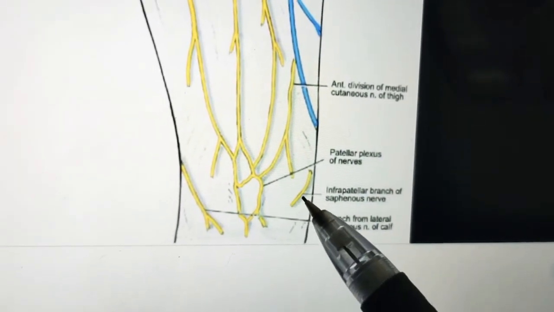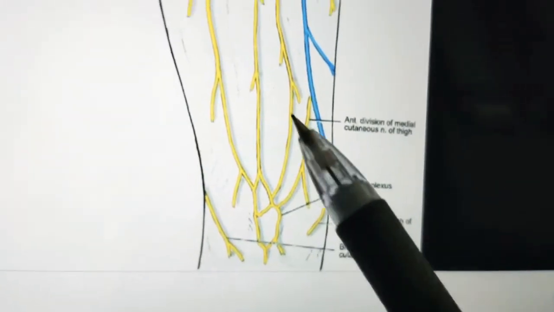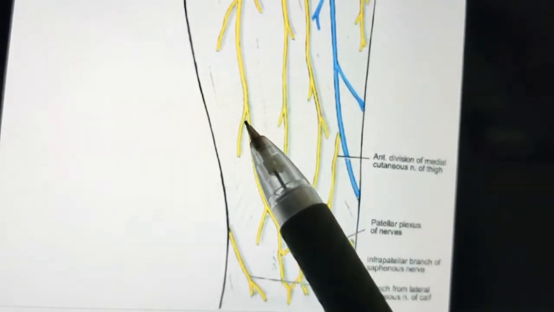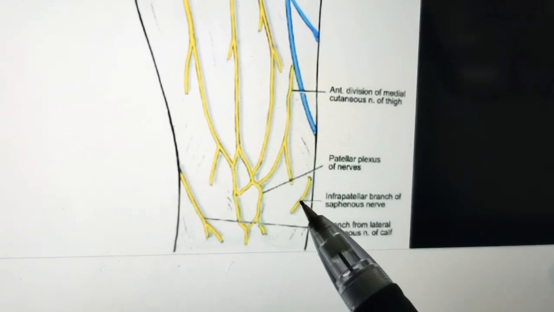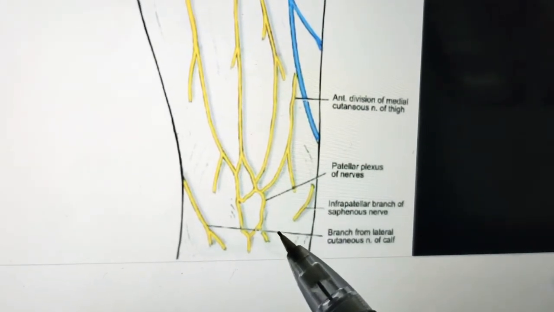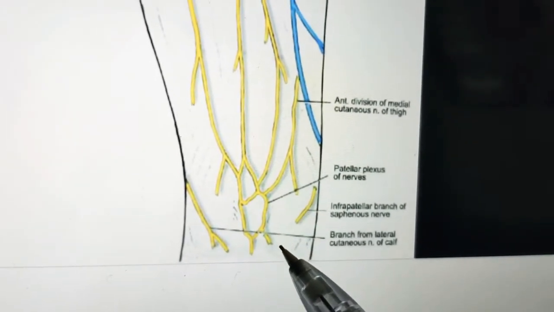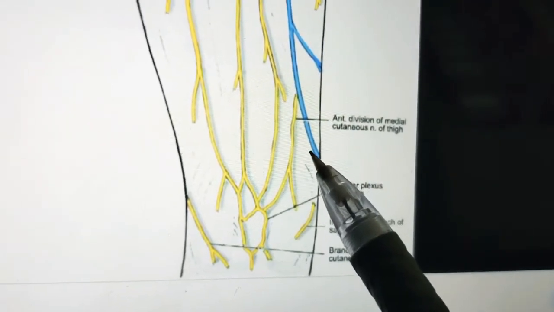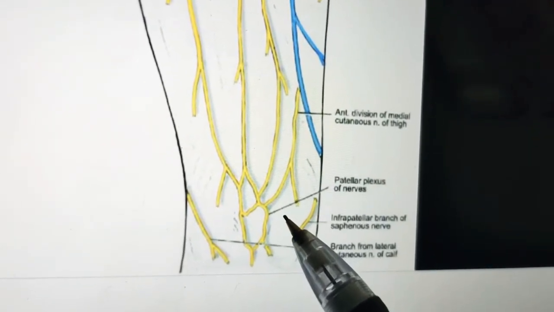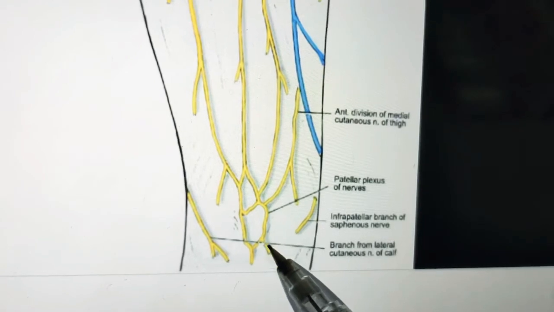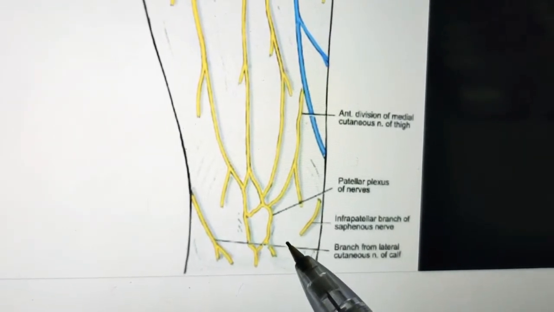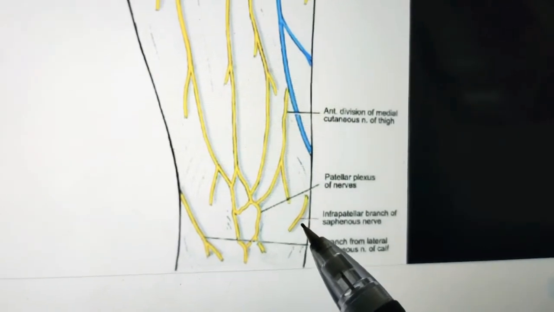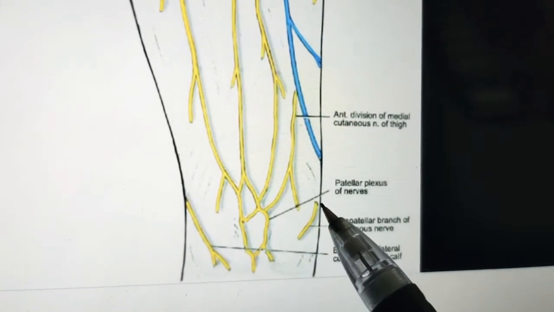So it is a branch of posterior division of femoral nerve. So these are all the branches of anterior division of femoral nerve, whereas this one is a posterior division of femoral nerve. It pierces the deep fascia on medial side of knee, runs down in front of great saphenous vein. You can see this is a great saphenous vein, so in front it is running, right, and supplies the skin on medial side of leg and also on medial side of foot up to the ball of big toe. So up to the big toe, that side it supplies.